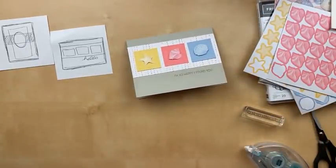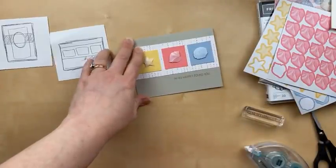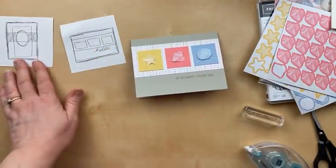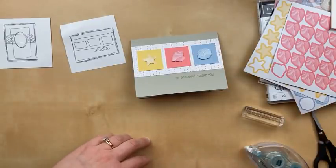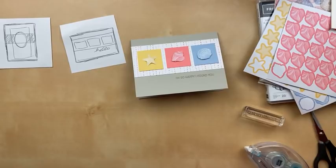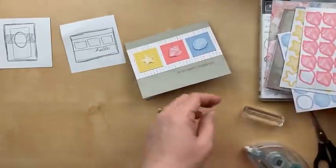Oh, Richard Marx Christmas Spirit album. Oh, I love that. I love Richard Marx. Are you guys listening to Christmas music tonight in the background? I don't have mine on tonight. I miss my Christmas music, but last time I was a little bit worried that you could hear it on the video, so I decided to